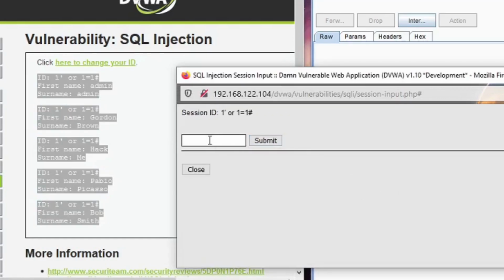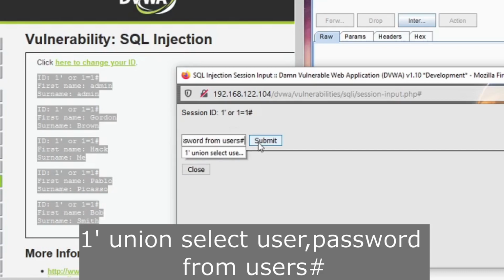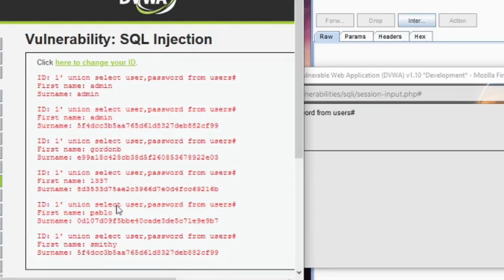I won't show you each and every command now. Instead I will directly show you the point where I find all the users and their passwords. Union select user comma password from users hash. So here I've got all the usernames and their passwords.